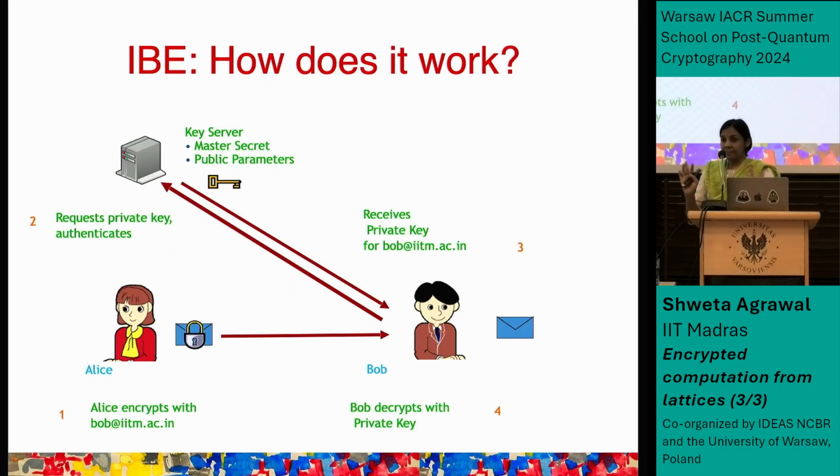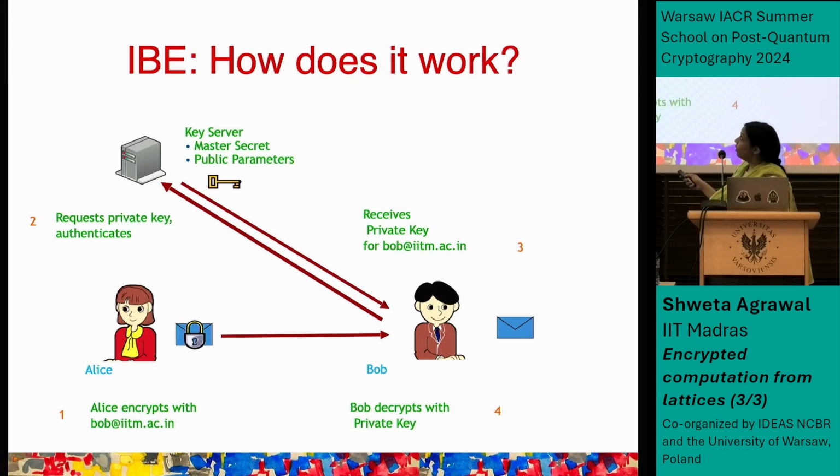So this is the basic schematic of how an IBE works. Okay, so in this system, as I already said, you can have any old string be your public key. So for instance, we have our favorite characters, Alice and Bob. The public key of Bob is bob@iitm.ac.in. And Alice can just encrypt her message to Bob using this as his public key. Now Bob, of course, needs to be able to find a secret corresponding to his public key. He needs to have a secret key.